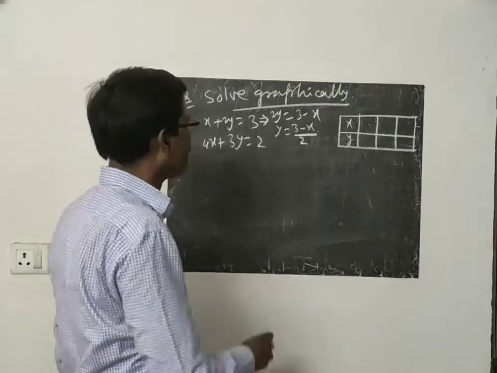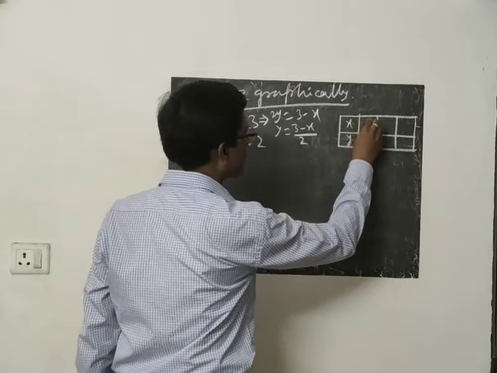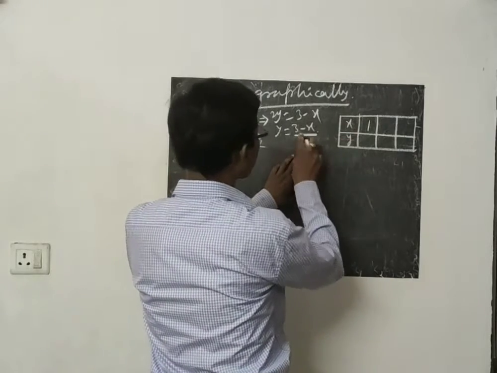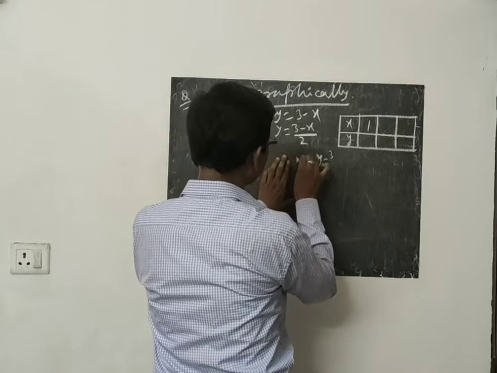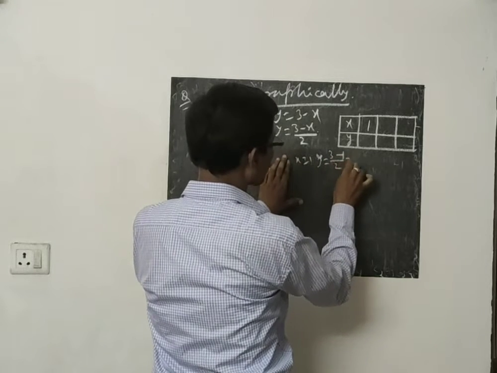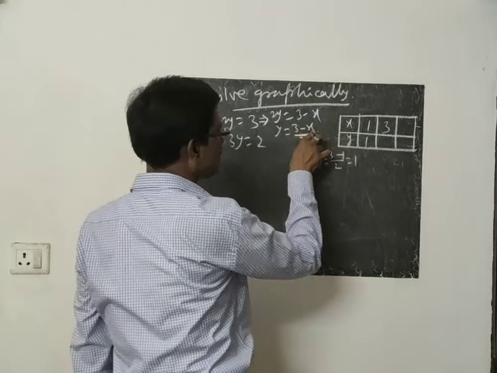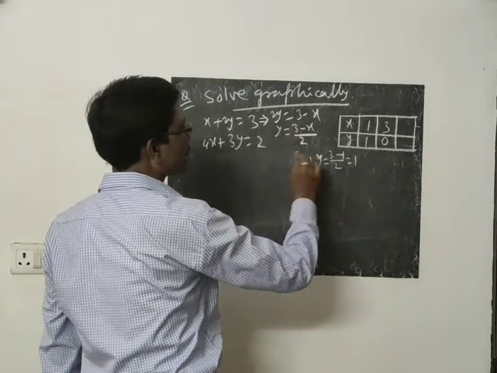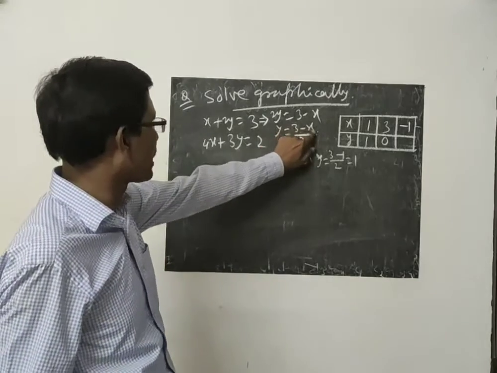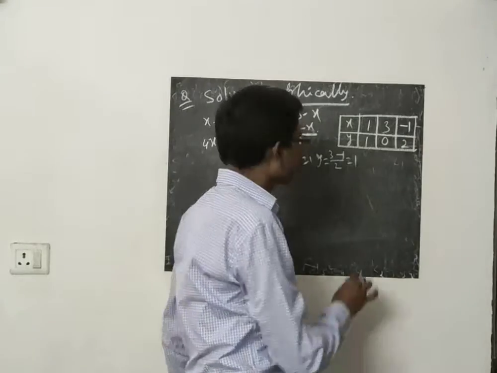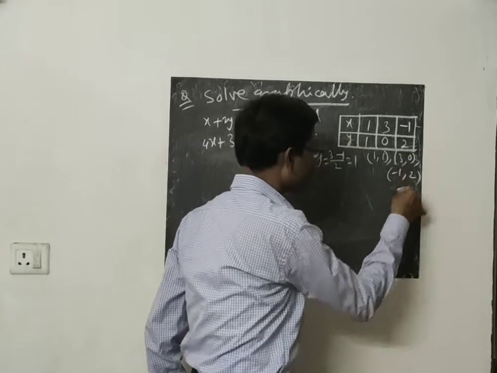So suppose x you have taken is odd, odd minus odd gives even, which is divisible by 2. So any number, you have taken 1. Suppose 3 minus 1, I am showing one calculation. y equal to (3 minus x) by 2, so if x is 1, then (3 minus 1) by 2, that is 2 by 2, so y is also 1. If x is 3, 3 minus 3 is 0, 0 by 2 is 0. And I am taking a negative value also, x equal to minus 1. So minus minus is plus 1, so 3 plus 1, 4 by 2, so 2. So you are getting the points (1, 1), (3, 0) and (minus 1, 2).